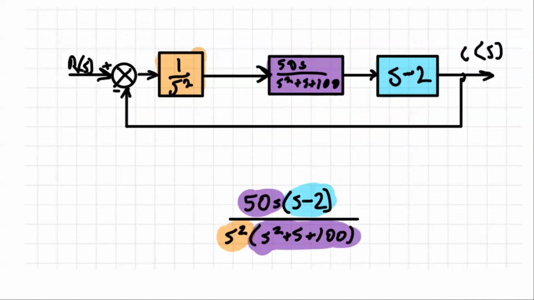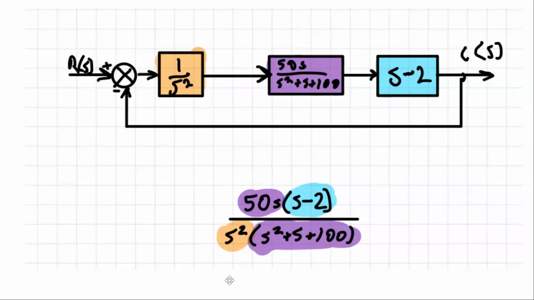All right, a useful next step is to redraw the block diagram with all the simplifications that we have made thus far. The colors are the same as circled in the previous slide. It really helps with some understanding if you can color code it too, whether those be different pens or if you have software that does this too. Now, if you look at all three of these blocks are in series, we think back to one of those first rules where every block in series gets multiplied with each other. And I have that shown underneath the blocks as 50s times s minus 2 over the quantity of s squared